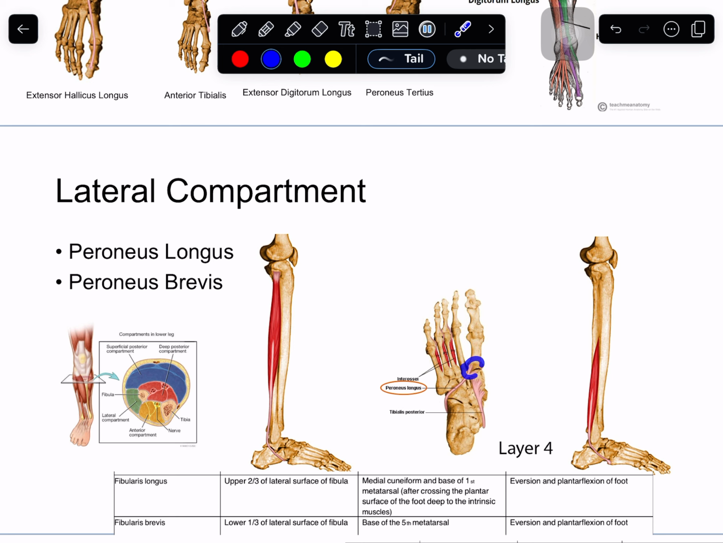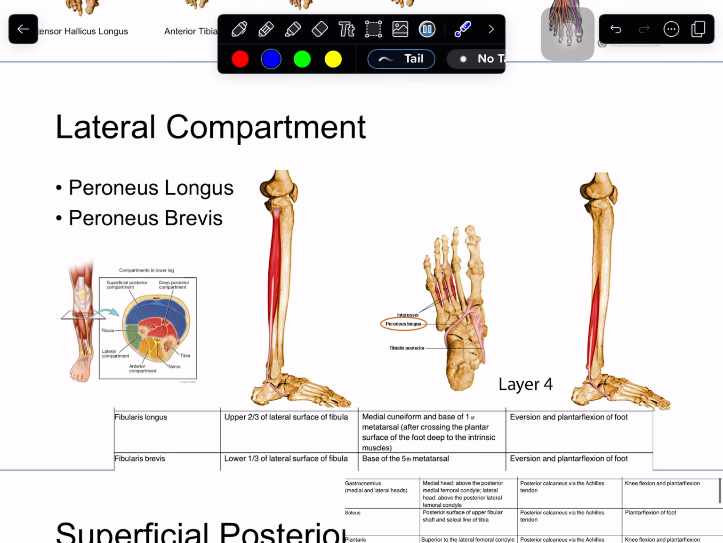So that's going to be our peroneus longus, or our fibularis longus muscle. Now our brevis, again, which means short, it's obviously going to be a shorter muscle, and that's going to originate from the lateral portion of the fibula again, but this time in the mid portion, or the middle third of that fibular shaft. And it's going to run down behind that malleolus here, behind that lateral malleolus, right, just like